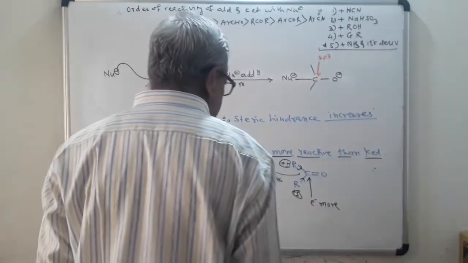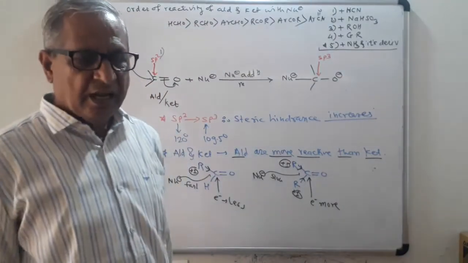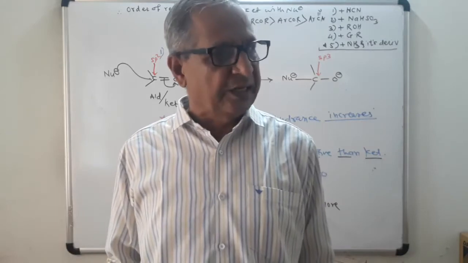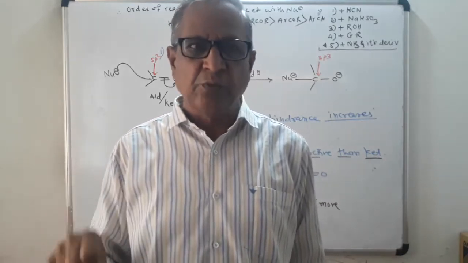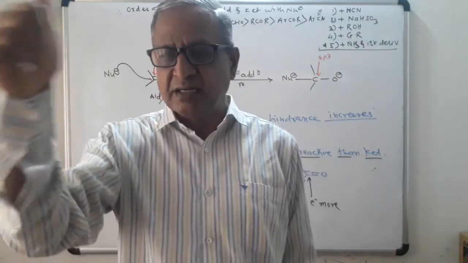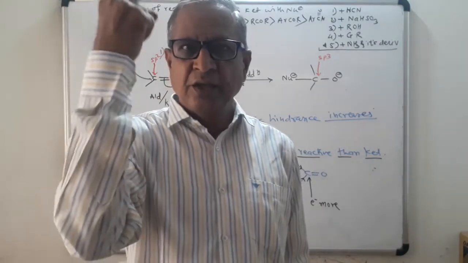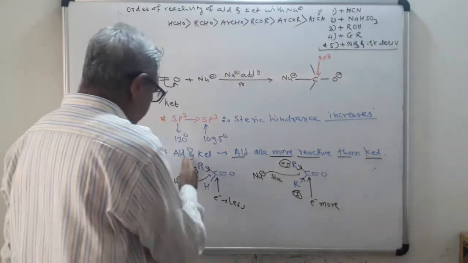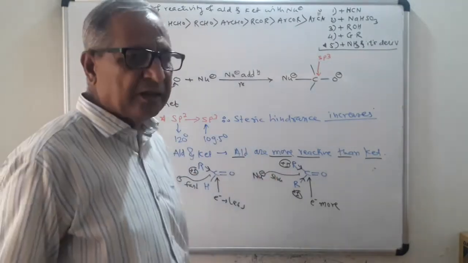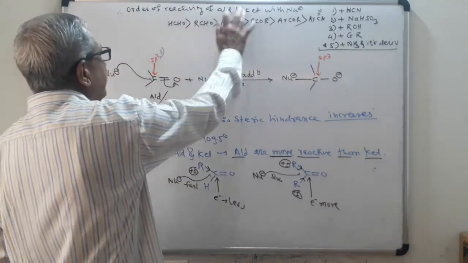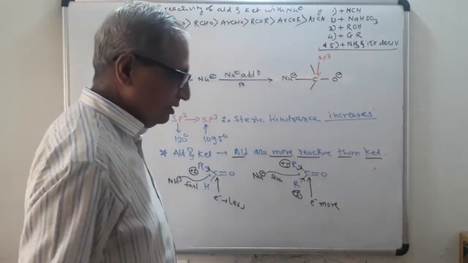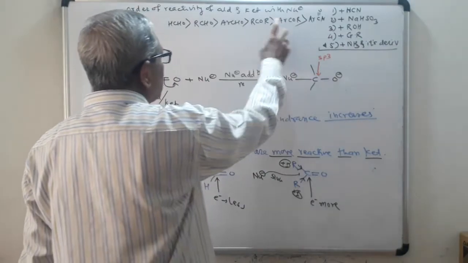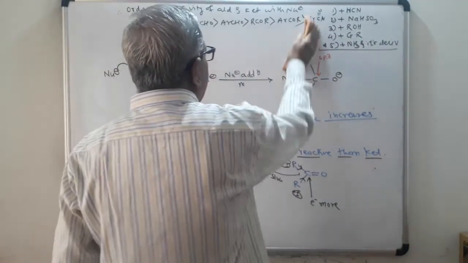So see, our first reaction is an addition reaction. I asked the question, what is the type of addition reaction? Nucleophilic addition reaction. Second question, aldehydes are more reactive than ketones because aldehyde contains only one electron donating group, ketone contains two electron donating groups. And this I was explaining here with a general example. And the order of reactivity of aldehyde and ketone is very, very important. In this case, the aryl group shows the plus R effect. Plus R effect is more powerful than the I effect.